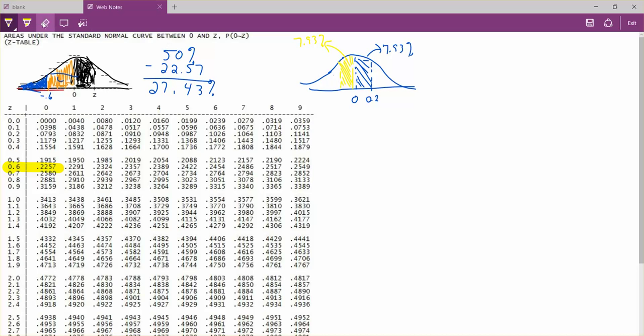And what I really want is this light blue shaded area, which I calculate by taking 50%, since I know from where my cursor is all the way to the left is half of this distribution. If I subtract the 7.93% from 50%, that will give me this lighter blue shaded area. So 50% minus 7.93% gives me